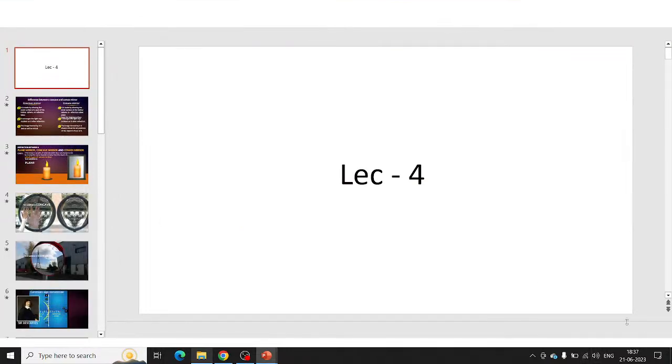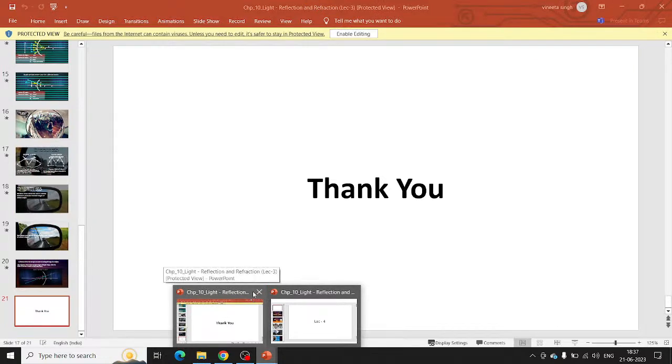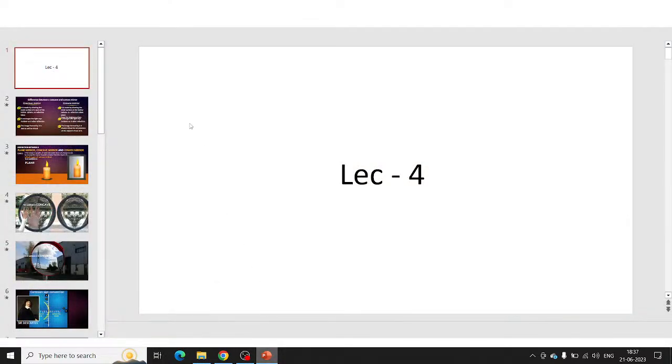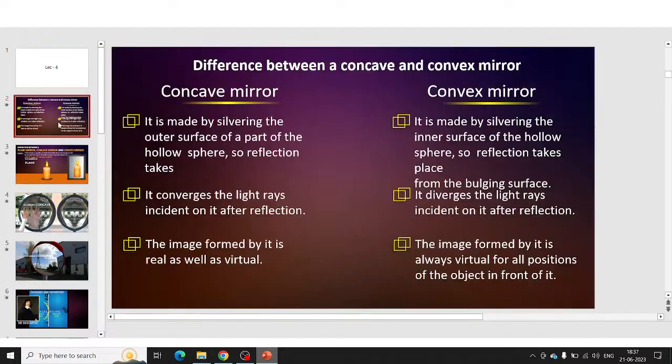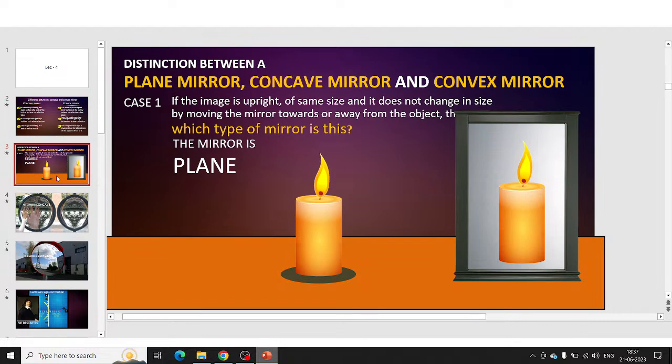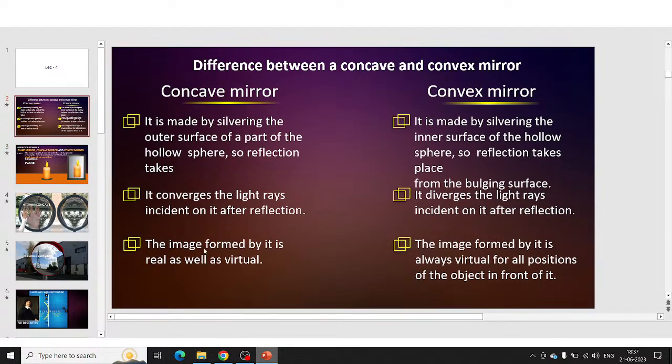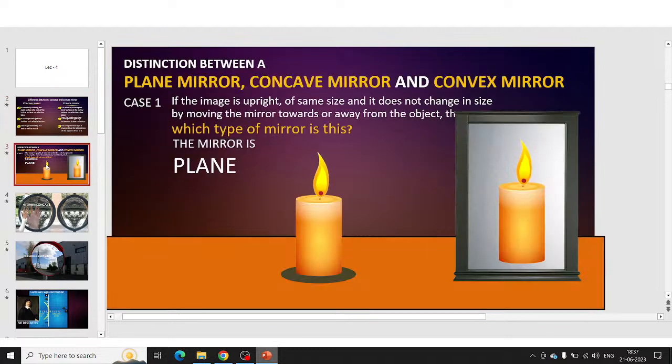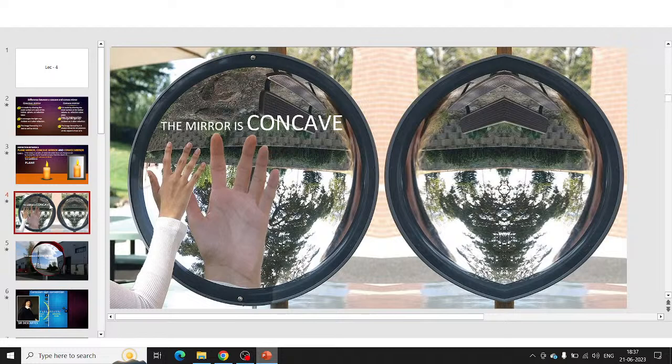Next, the difference between convex mirror and concave mirror. समझ में आया? ये सब theory आपके science book में है, in 10th standard science book it is there. Okay, I need not teach this. If you read once, you will understand. Look at this plane mirror, the size, the image, everything is same. Okay, this is concave mirror. Examples,